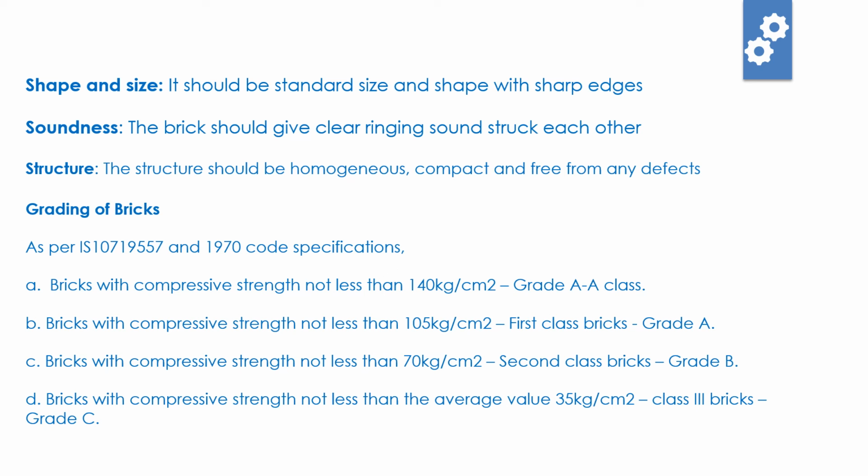In the first point, please remember this is called AA class. Sometimes we call it grade A class also, but there is a little difference. There are differences between grade A and grade AA. Sometimes on site we also refer to it as A plus or superior bricks. So please remember it as AA class. And for grade C, generally we don't use it for making any walls or partition walls. It gets crushed and we use it for soak pits and different filling purposes.